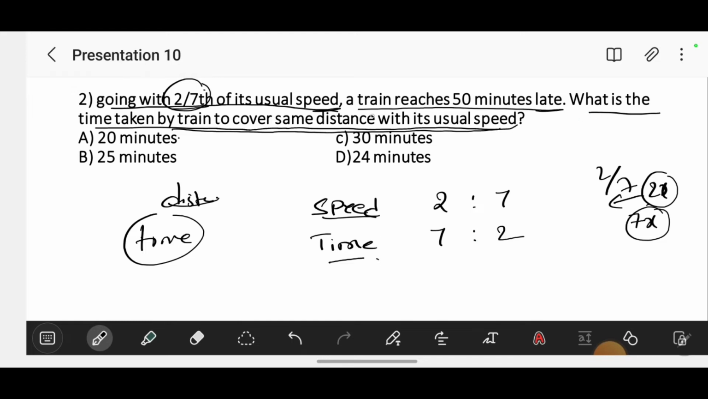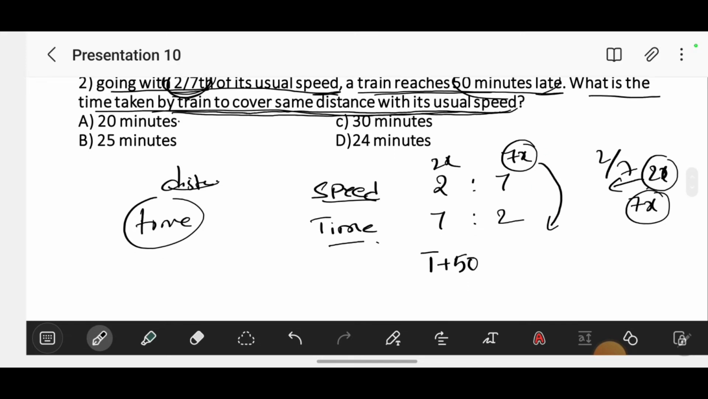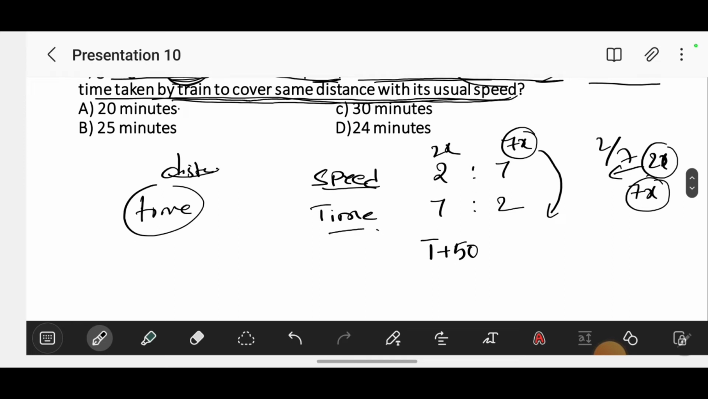And what he is saying is, if it goes with 2 by 7th of its usual speed, then the train reaches 50 minutes late. That means if the time taken is t minutes, then it becomes t plus 50 when it is going with 2x speed. And he is asking what is the time taken to cover the same distance with its usual speed. That means when it is going with 7x speed, what is the time? Then you have to say that